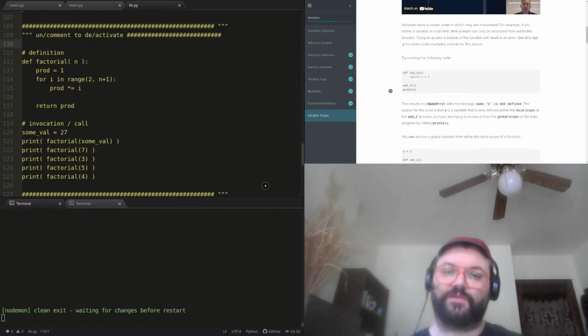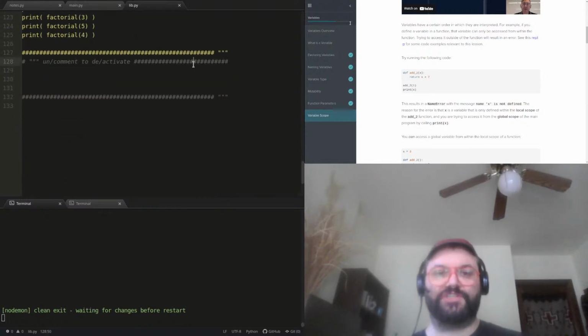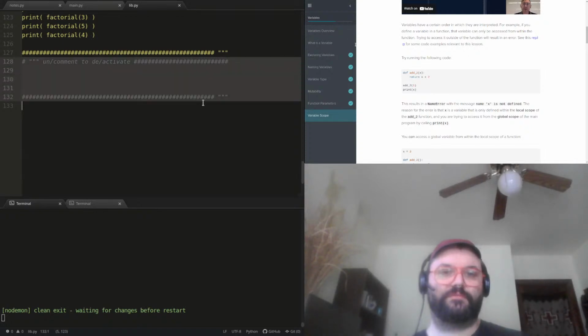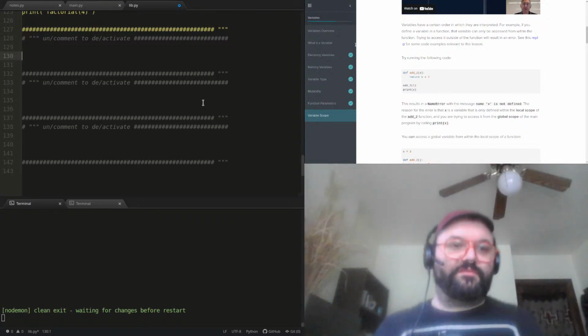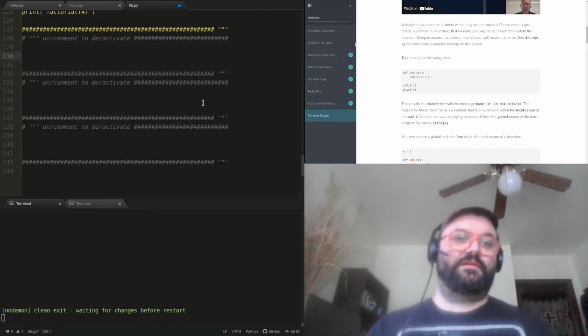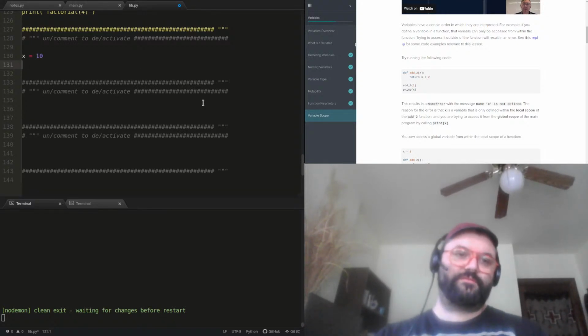All right. So variable scope. This has to do with using variables that are created inside and outside of functions. And if we covered classes in Premium Prep, Python classes and object-oriented programming, this would apply to that as well. But we're just going to keep this local to functions. So when I have a variable and a function,